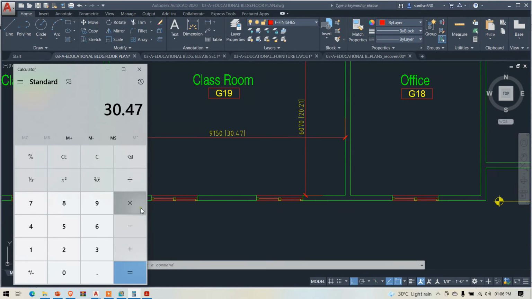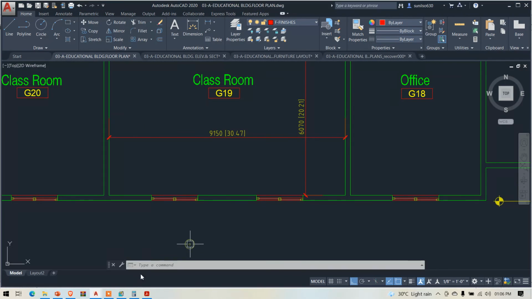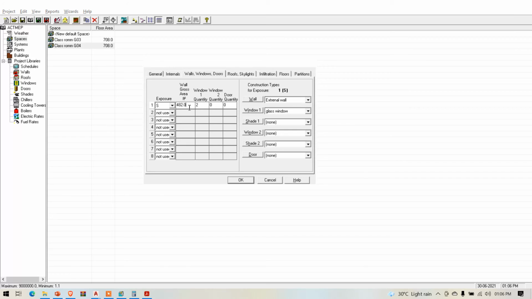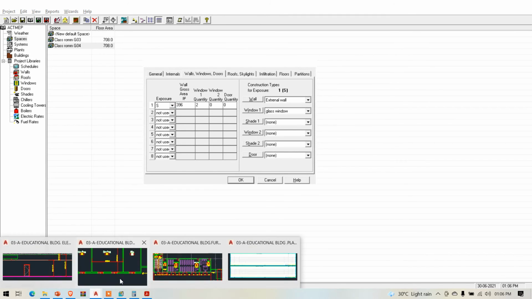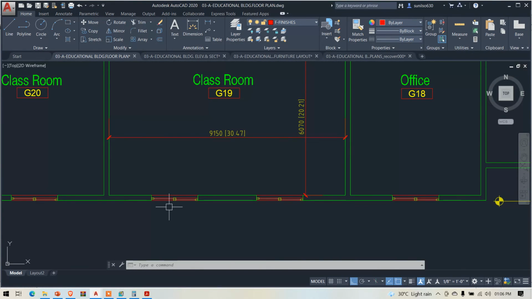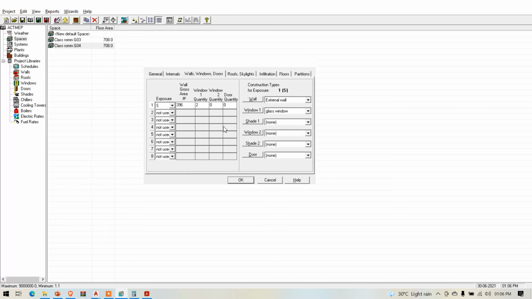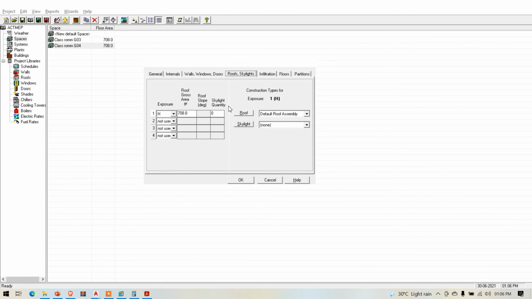30.47 into 396.11. So here we'll consider this as 396. And the number of windows, how many windows are here? Since here also we have 2 windows, so no need to modify the windows over here. Done. Wall, external wall section, glass same, roof again same,